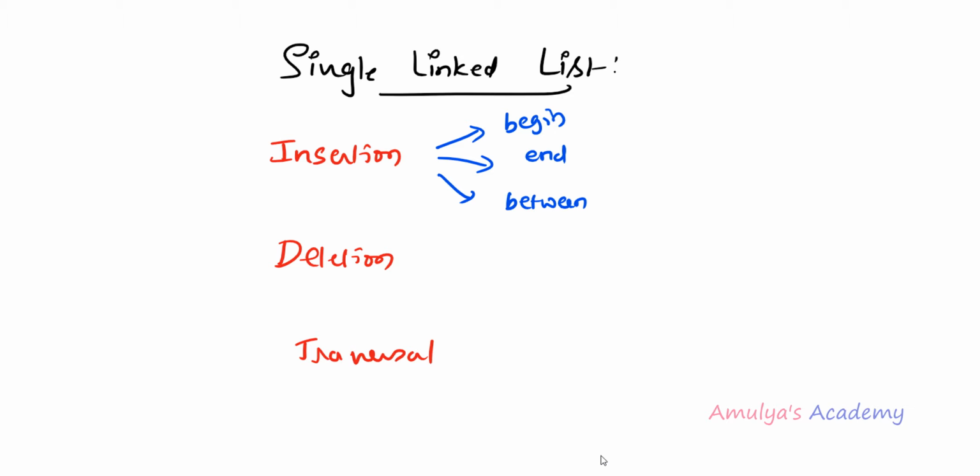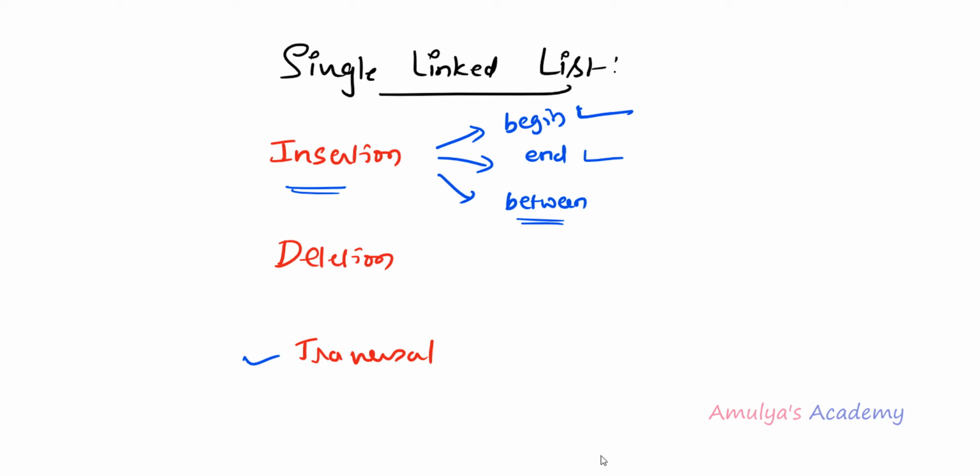We are discussing single linked list and how to implement it in Python, and we created the node class and linked list class, and in that, for the single linked list operations, we are writing different methods. We already wrote a method for the traversal operation, and we were discussing the insertion method in the previous tutorial. We already wrote methods to add a node at the beginning of the linked list, at the end, and in between, that is before a given node and after a given node.